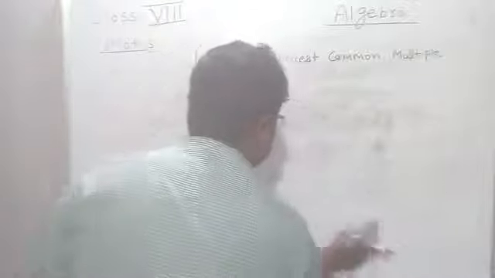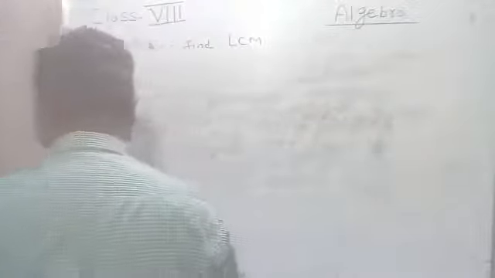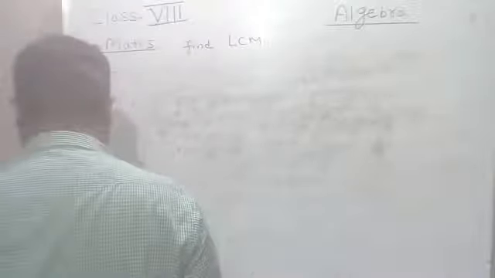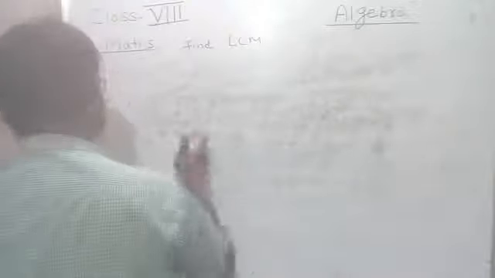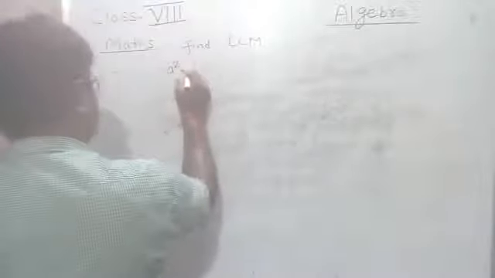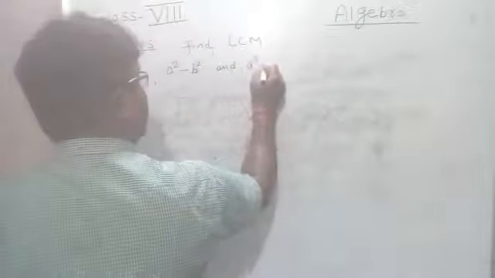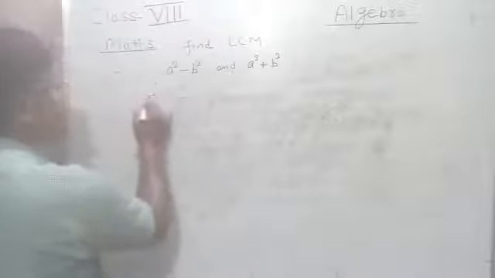The main thing here also is factorization. If we can factorize, we can easily do the question. Find the LCM. Now your question is a square minus b square and a cube plus b cube. Okay, so your first expression is